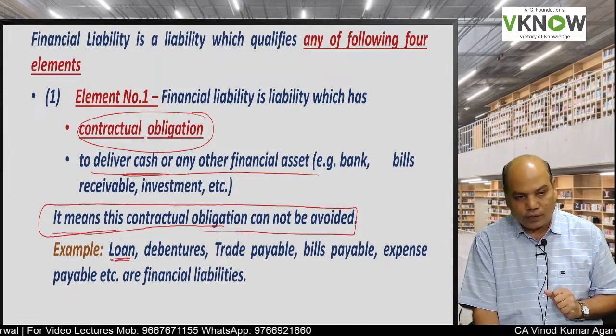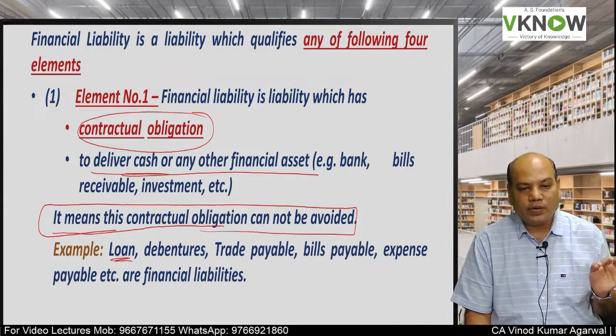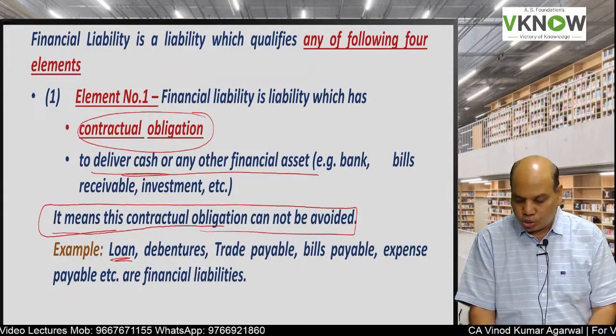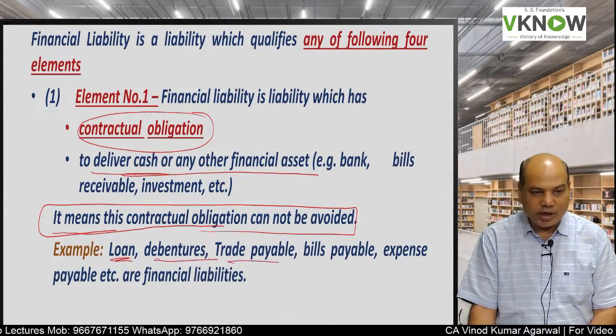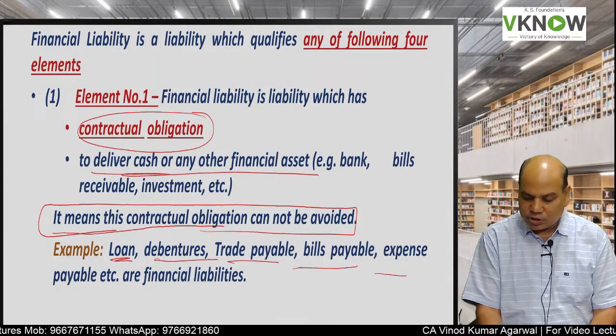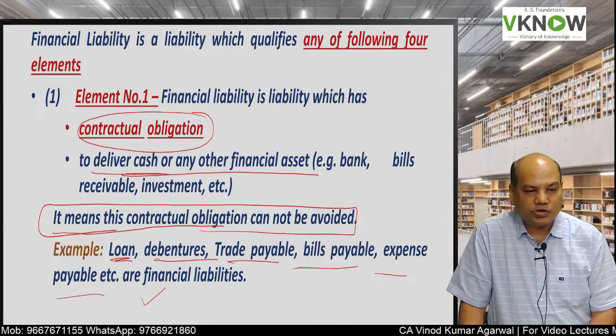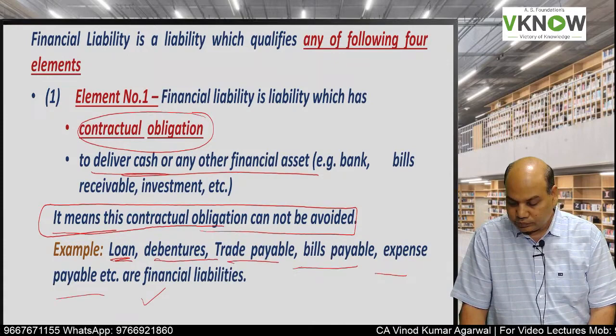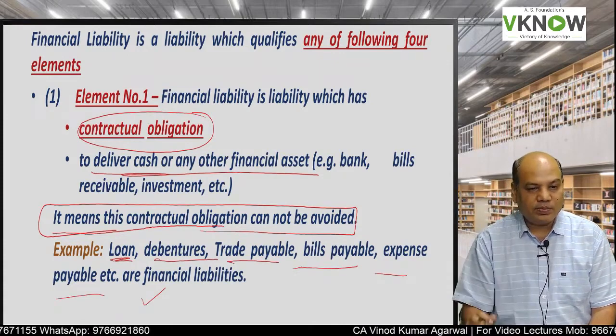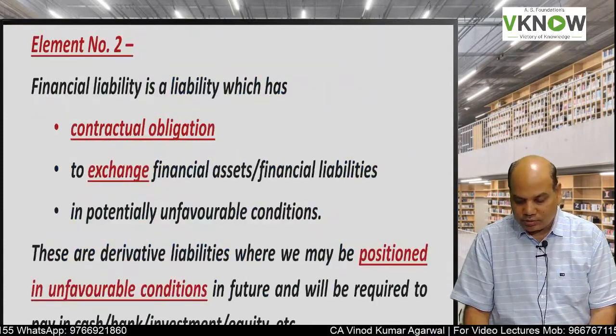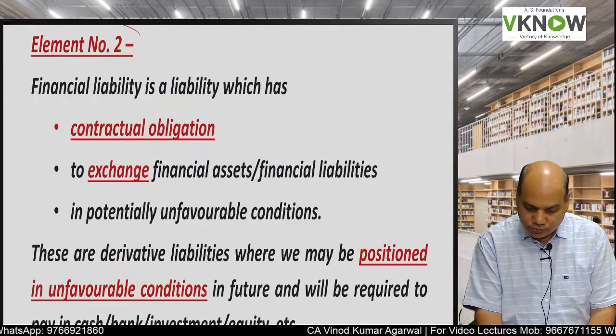Some examples of element number 1 financial liability are loan, debenture, trade payable, bills payable, expense payable. These are financial liabilities. Stipend payable is also a financial liability. Okay. Now we'll come to